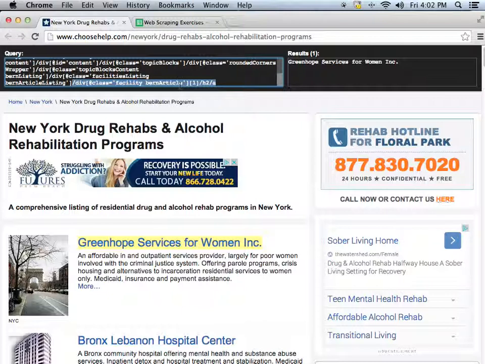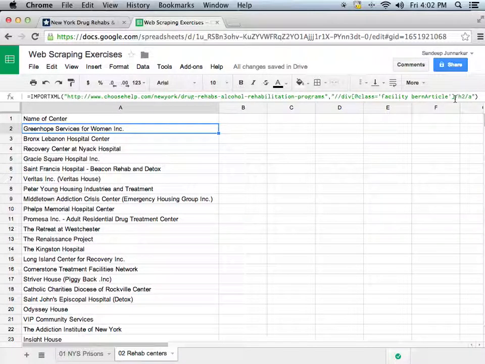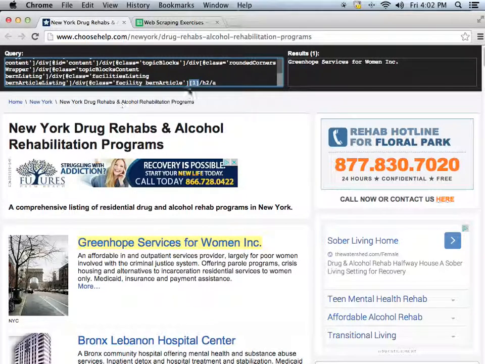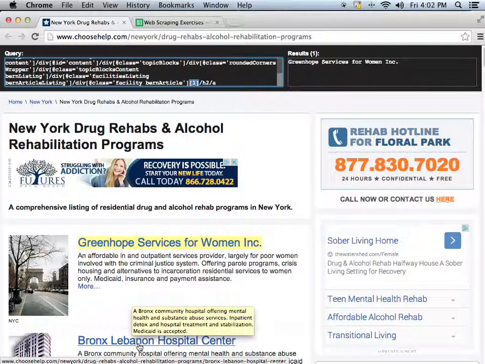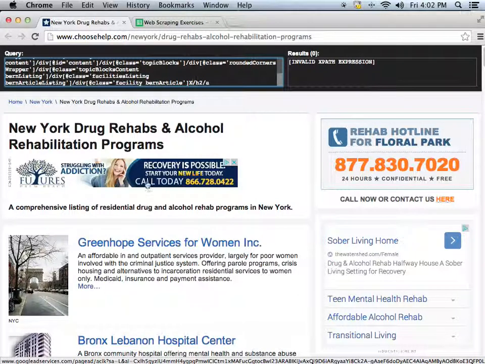Let's compare that. You will see that there's one difference, which is this numeral 1 in the brackets. I don't have that numeral 1 right there. So what is that numeral 1? What it's saying is, well, that's the xpath for this particular class in the very first position. If I were to hover over Bronx Lebanon Hospital and do Control X, let me click out of there, hit reload,